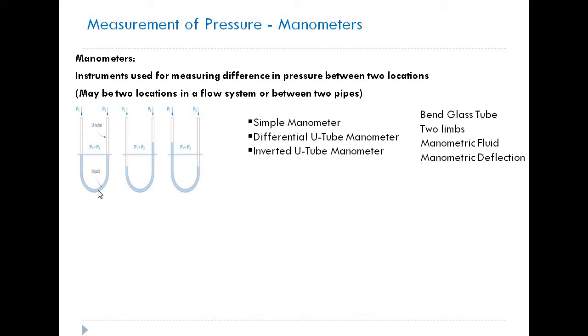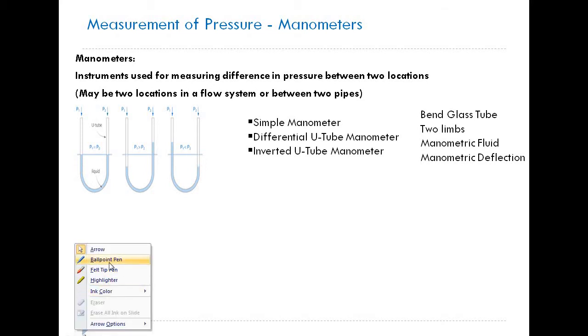And it uses a fluid here that is called manometric fluid. The fluid that is contained in the U-tube manometer is called manometric fluid. Here the liquid, what is written here as liquid, is a manometric fluid. And the two limbs are connected to the two locations, as I already told. For example, this left limb is connected to a fluid which is at a pressure of P1. The right limb is connected to a fluid which is at a pressure of P2. It may be the same fluid but with a difference in pressure.